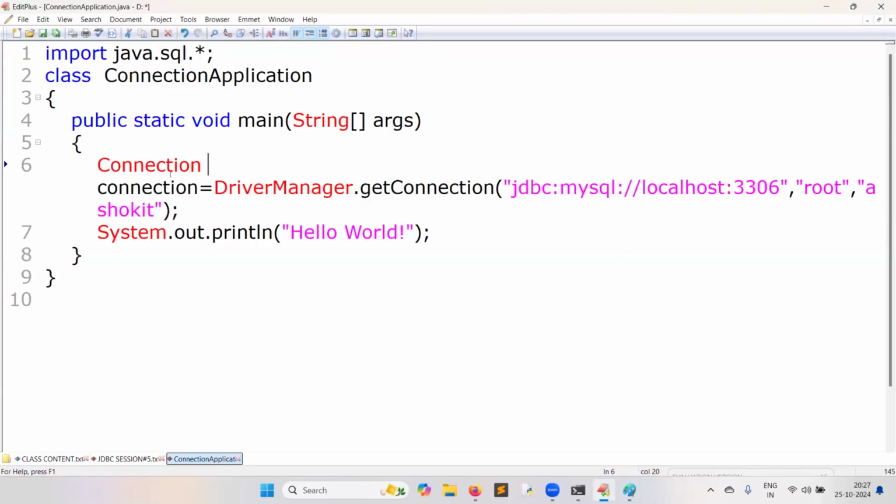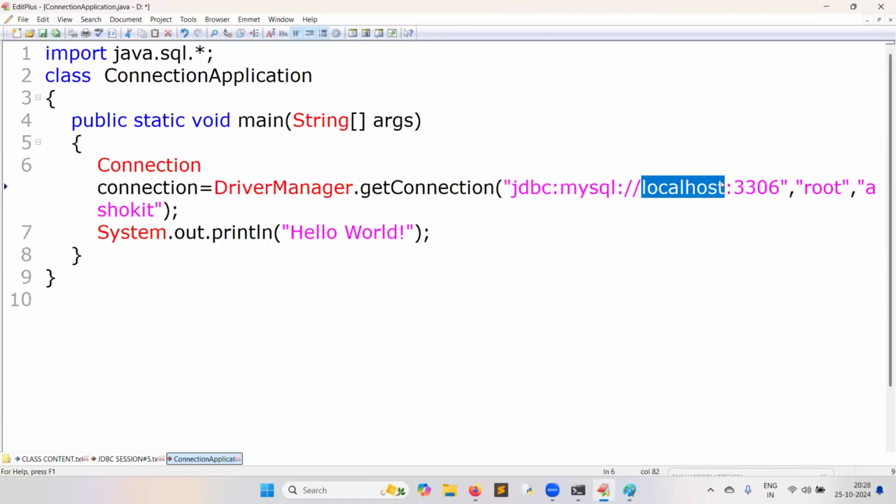Whenever client and server are running in the same machine, we give the term localhost. But in a real-time scenario, Java code will be running in one machine, and the database server in another machine. In such scenarios, they will give here the IP address of the database server machine.